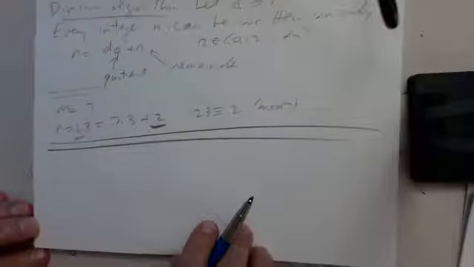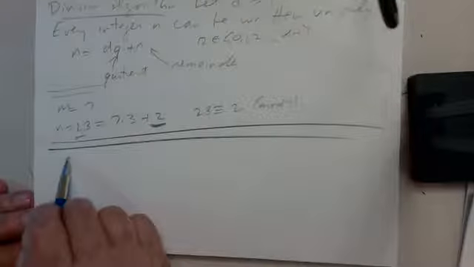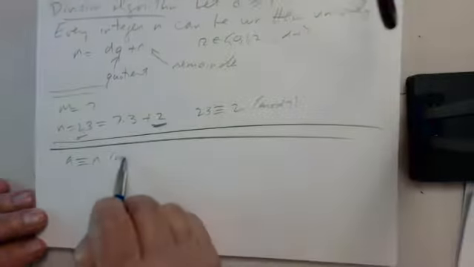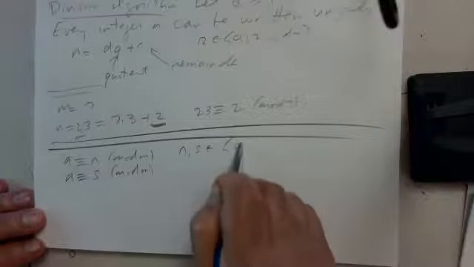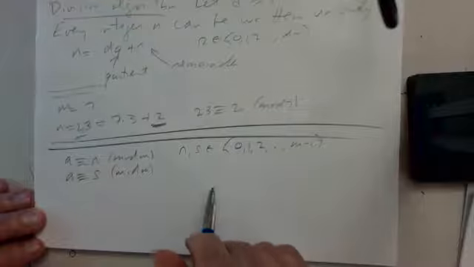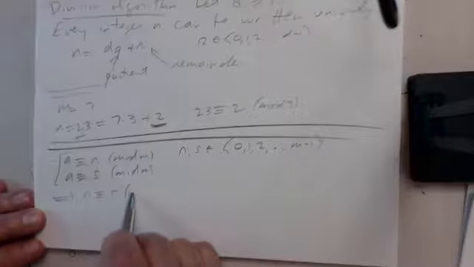Okay, so let me just continue it down here. So we have a number a, which is congruent to r mod m, and a is also congruent to s mod m, and r and s are both integers between 0 and m minus 1. Okay, now r is congruent to a is congruent to s, so r is congruent to s mod m,